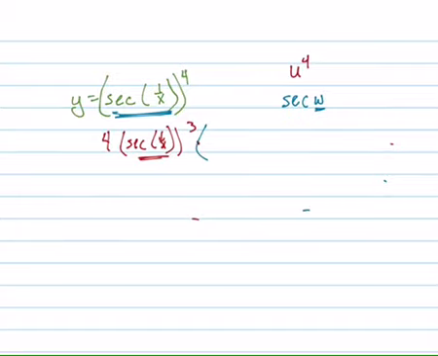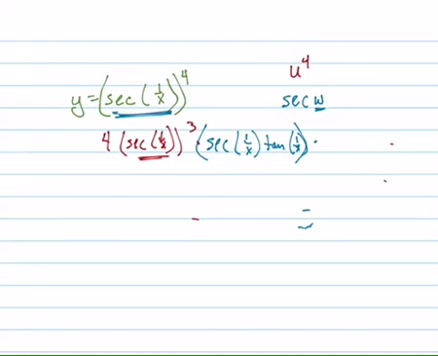So what's the derivative of secant? If you look at your formula sheet, if you don't remember it off the top of your head, which I don't, it's secant x tangent x. So I have to write secant 1 over x tangent 1 over x because it's unchanged,